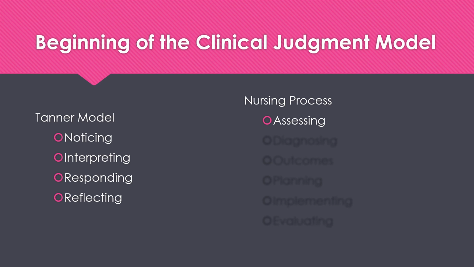Assessing, or the first A in ADPI, API, ADOPI, is systematically collecting our patient data. We're doing our assessments. Then the D would be we diagnose to identify patient strengths and actual and potential health problems and needs. Then we're going to develop a plan of individualized care that specifies the desired patient goals and related outcomes and the nursing interventions most likely to assist the patient to meet those expected outcomes.